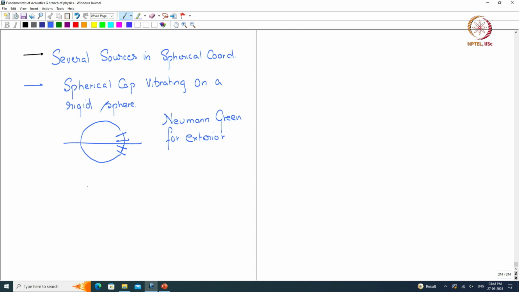Then we looked at the same cap when the extent was very small. Okay, and following this we looked at the physics of the radiation, exterior radiation. Okay, we said that typically